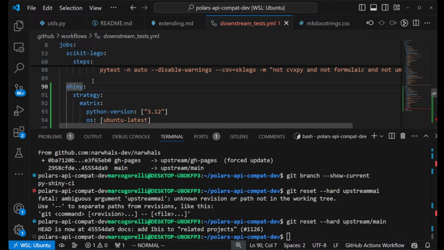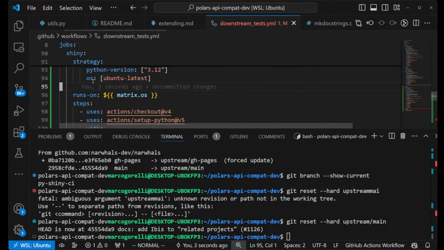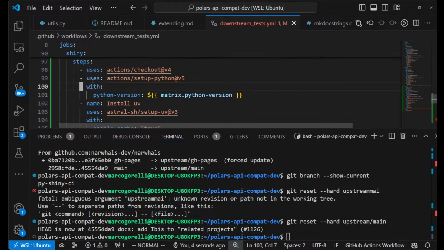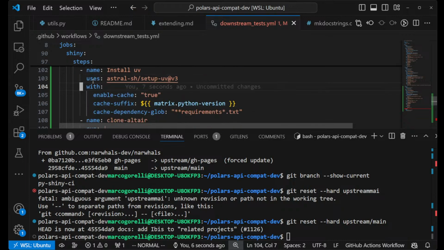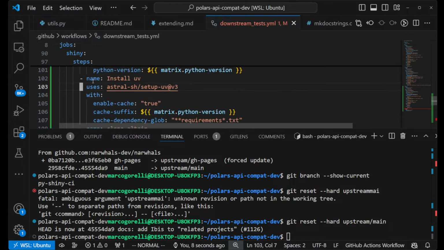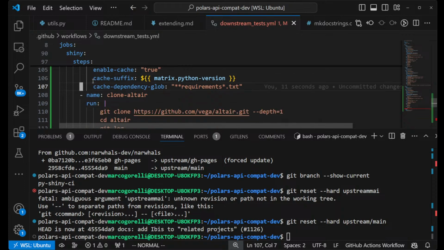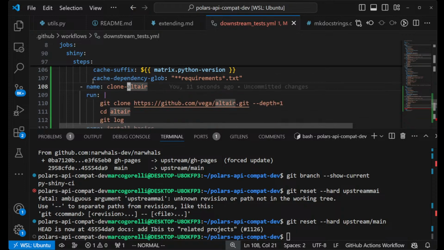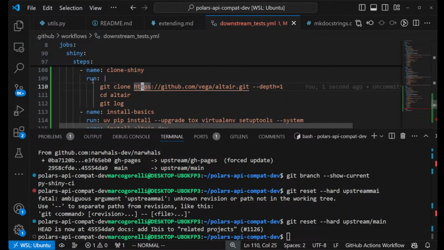Shiny. Yeah, let's just do 3.12 and Ubuntu latest. Then, yeah, clone Altair. Let's replace this with clone Shiny. So the URL is,